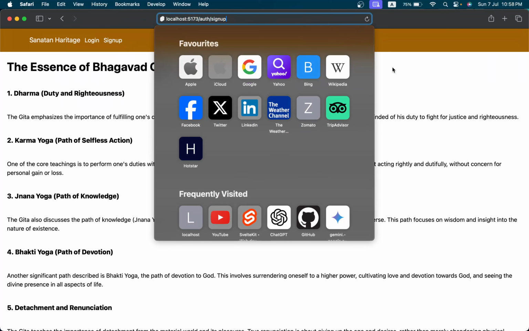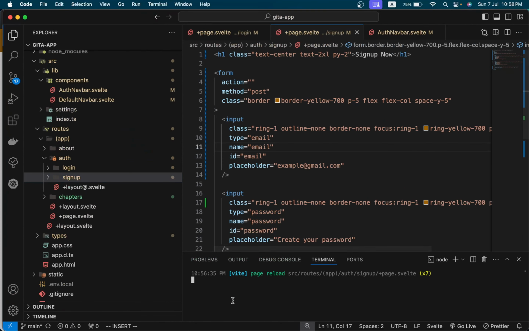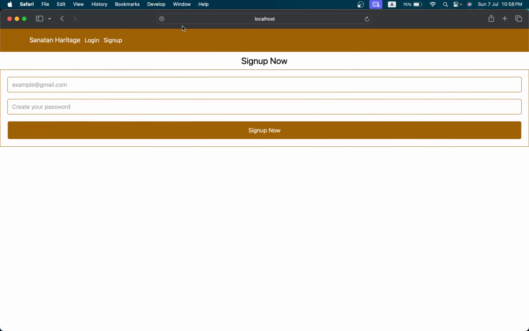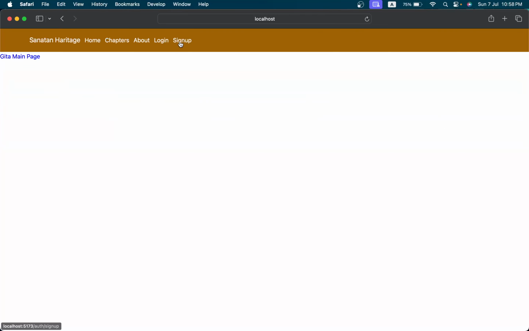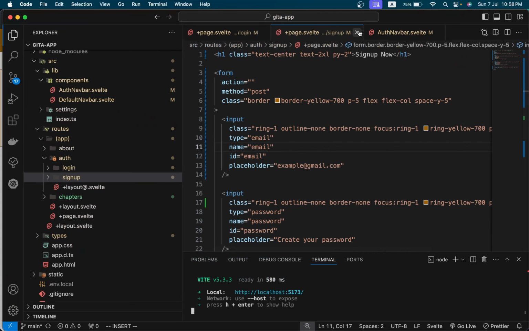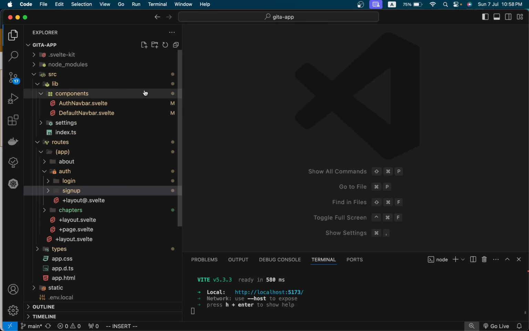This is actually opening the essence of Bhagavad Gita, right? It should not. So let's rerun it to see. Yes, it was a caching problem actually. Now it's okay. Fine. So let's close all of it. We need to